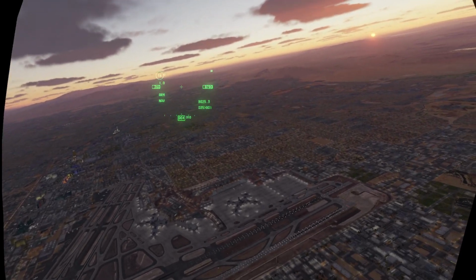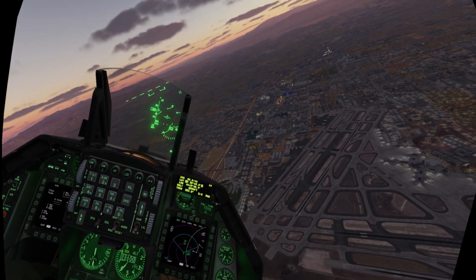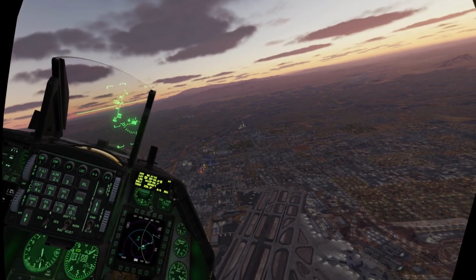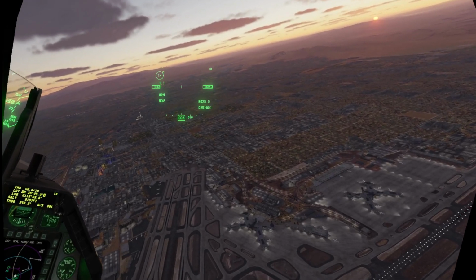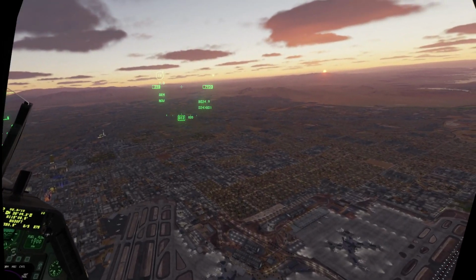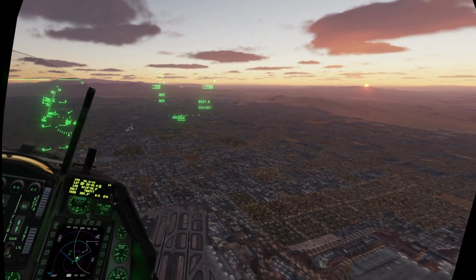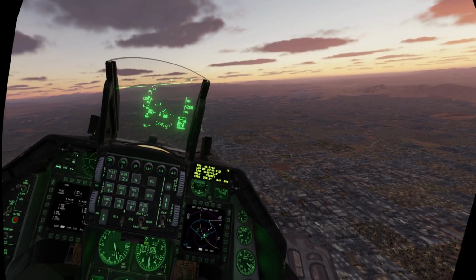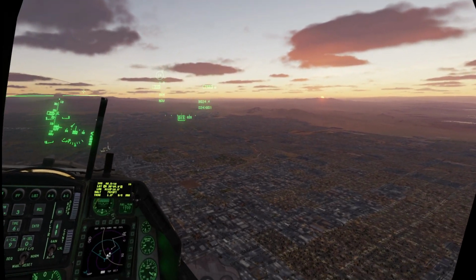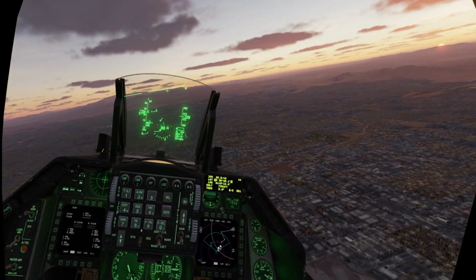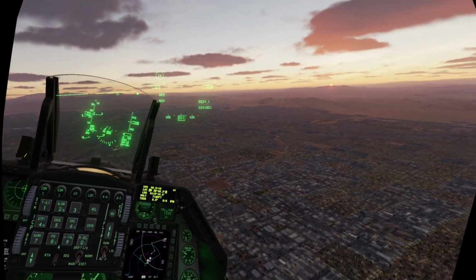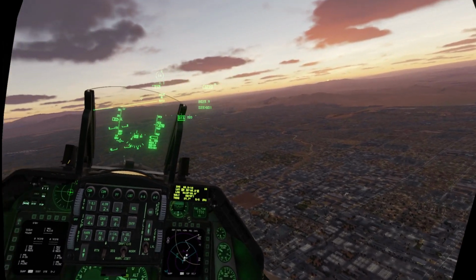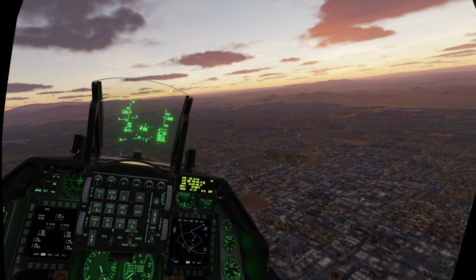Flippy Flappy, if I remember correctly, the runway headings at Nellis are 210 and 030, is that correct? Copy. Runway headings at Nellis are 3L, 21R, and 3R, 21L. You're correct. 210 degrees for 21L, 21R, 030 for 3L, 3R. Which direction are you landing? I'm landing on 03 right. Copy. Runway 3R, heading 030 degrees.